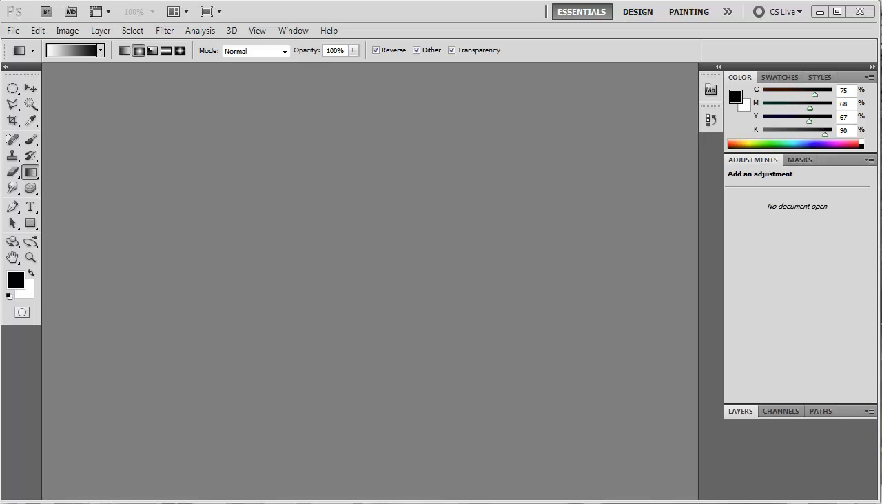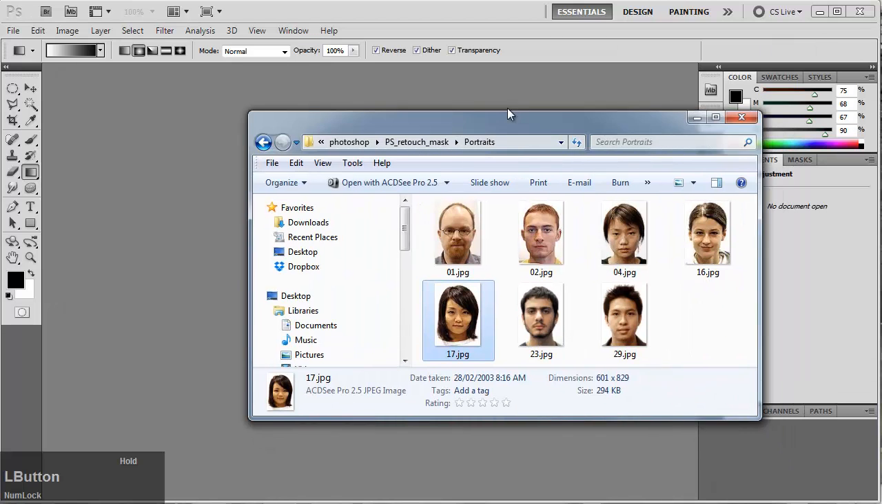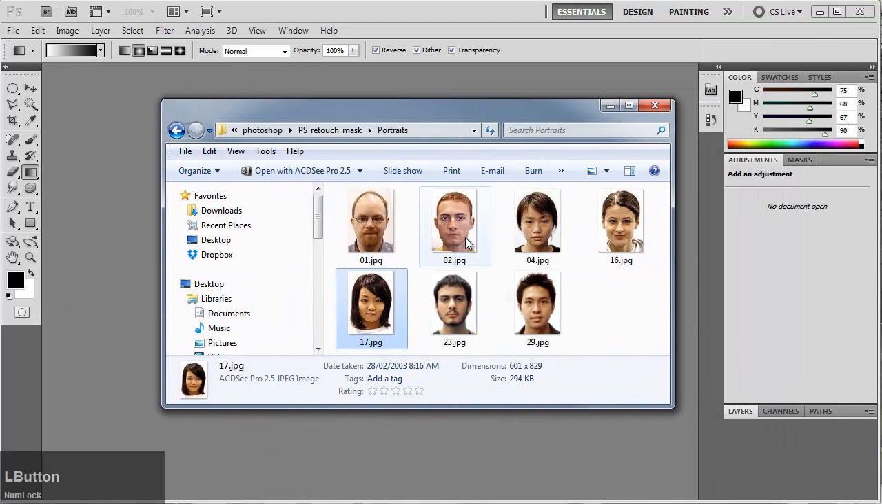Hi guys, this tutorial is about how we use layer effects to create the fantasy marks for the character, right? I have the portraits of these 7 volunteers here, and I would like to choose one of them to make our character. Well, I use this guy,